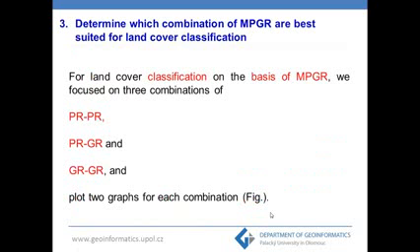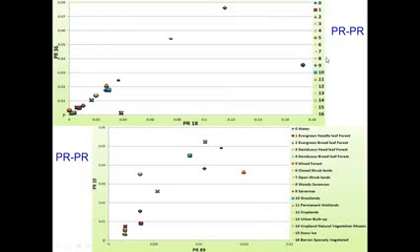The third thing I wanted to know is land cover classification on the basis of MPGR values. So for that I made three combinations: PRPR, meaning polarization ratio, PRGR, and GRGR, meaning gradient ratio combination, and made two plots for each combination. So this is the first graph, or first combination, for PRPR. I use frequency